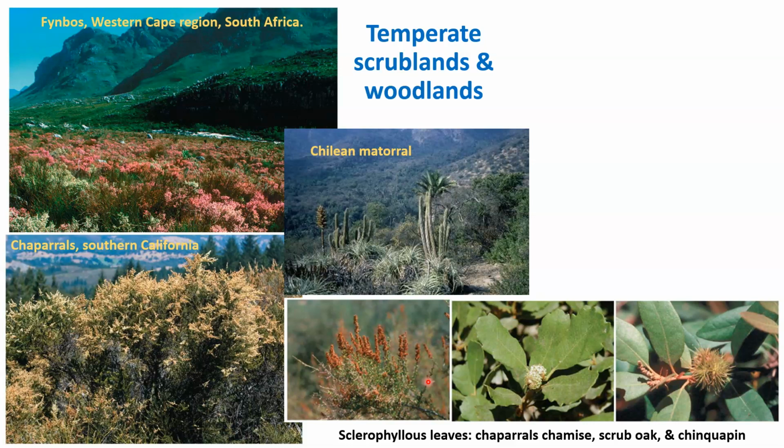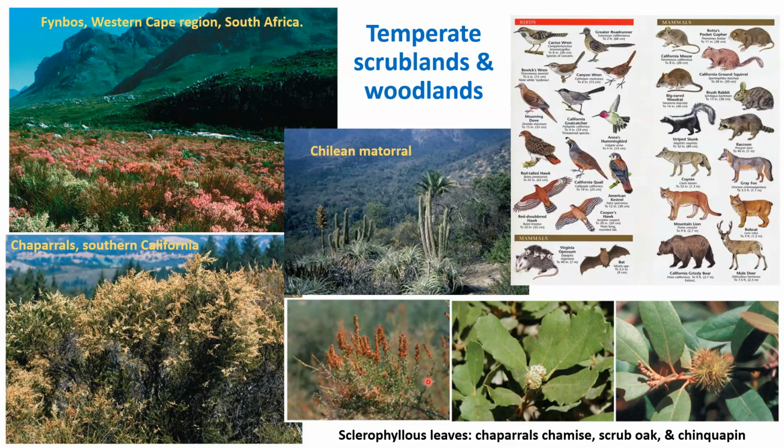I am not going to go into detail of what drove high biodiversity in temperate woodlands and scrublands. I'm not going to talk about the Mediterranean diversity. It's a completely different topic, although it is interesting to know. So, what does this rich floristic diversity bring forth? Well, when the plant diversity is high, it also leads to a greater diversity of animal life, right? So the bird diversity and the small mammal diversity in Mediterranean environments are quite high.